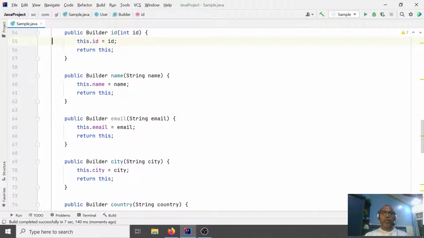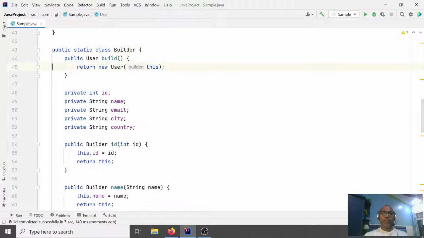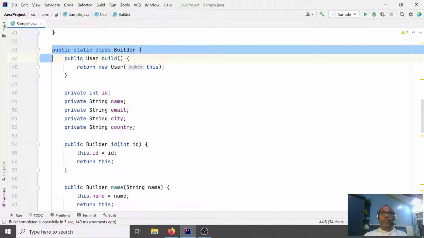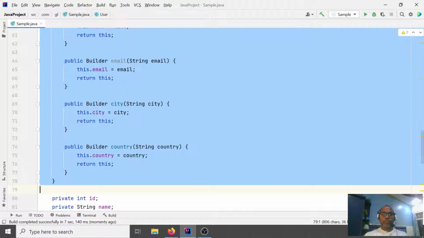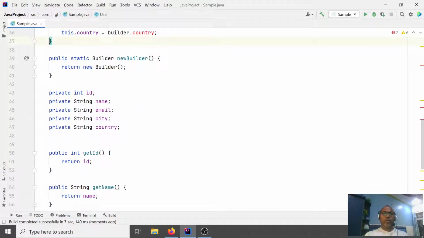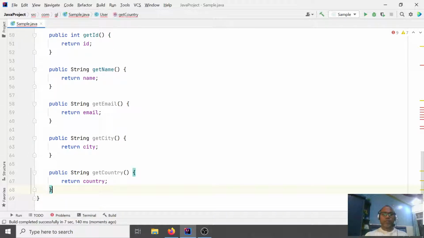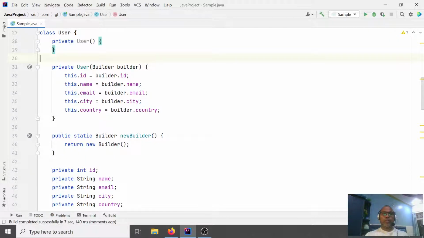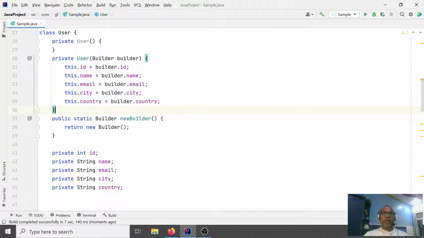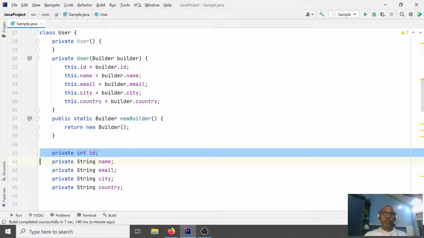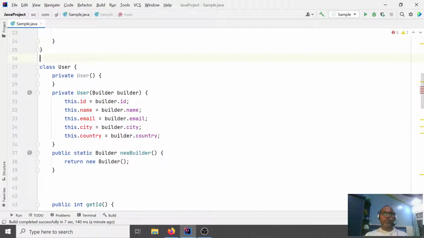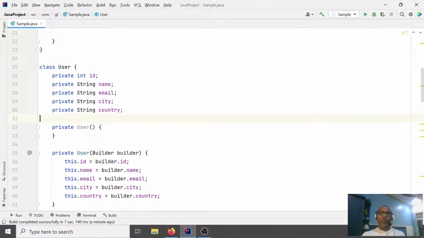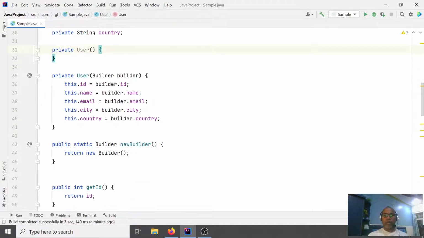It should be like this way. Generally you can place this builder class after this code. After this you have all the getter methods and your builder class, and here you can have just a private constructor and a one-argument constructor. Generally you write all the fields of user in the front. Whatever the user attributes you have, you mark a private constructor, and you create one constructor that is also private, with the help of builder.